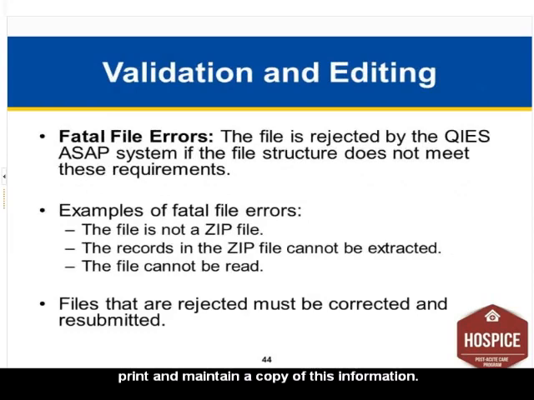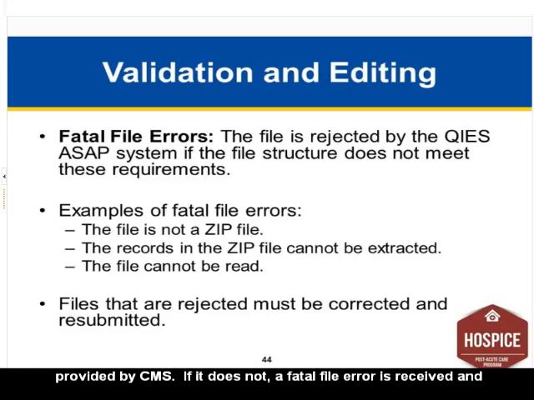Next, let's look at validation and editing. Each time a user submits a HIS file to the KEYS ASAP system, 3 types of validation are performed. First, the file structure is validated to ensure it follows the requirements outlined in the HIS data submission specifications provided by CMS. If it does not, a fatal file error is received and the file is rejected by the KEYS